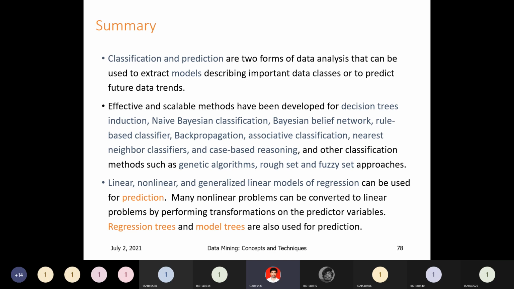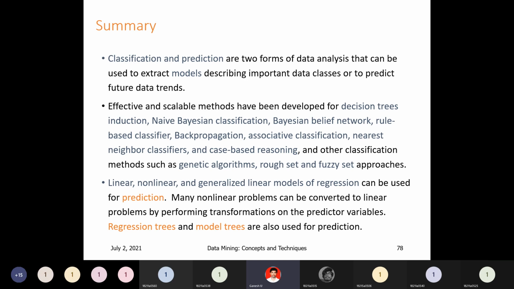Prediction means you have to find out the next data, continuous data. For 10 users, this is the result. For the 11th user, what is the result? That you have to predict. Otherwise, for the past 3 days the climate was like this, then for today, what should the climate be? For tomorrow? From the last 10 days the climate conditions are like this, then what should the climate be for the next 10 days? The future data you have to predict.